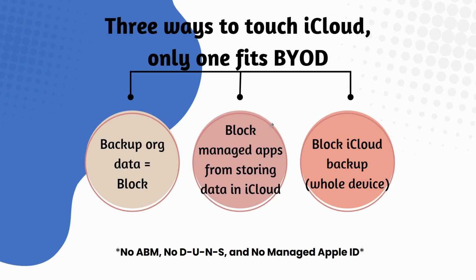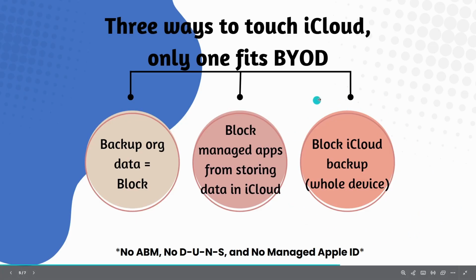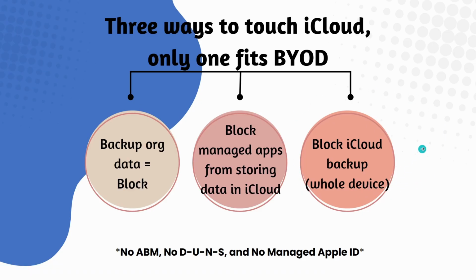And for keeping work data out of backup, the app protection policy setting is the one that does it directly. The third one is the big one everybody reaches out for first, which is a whole device setting that just blocks iCloud backup